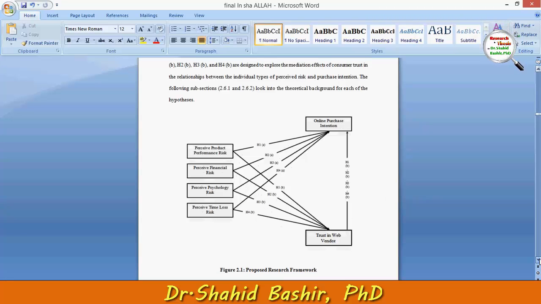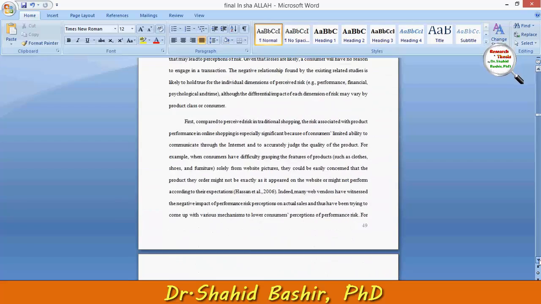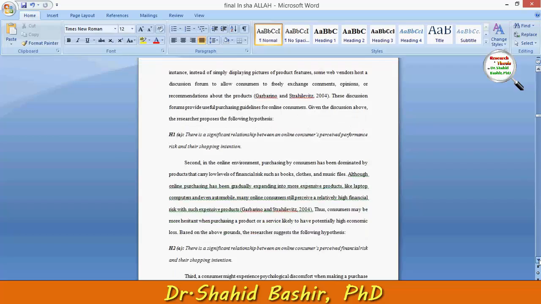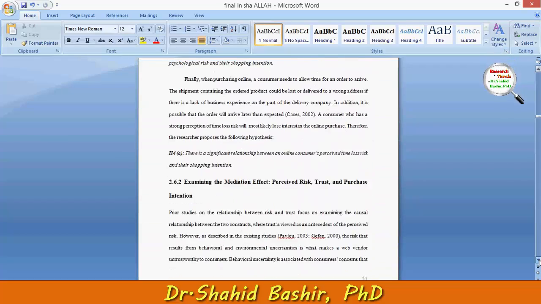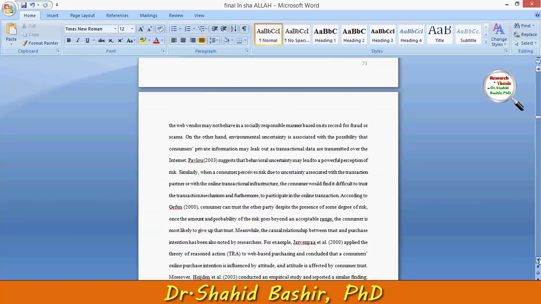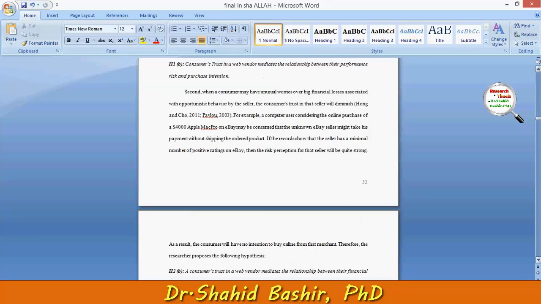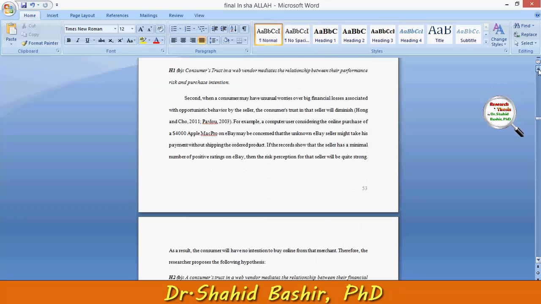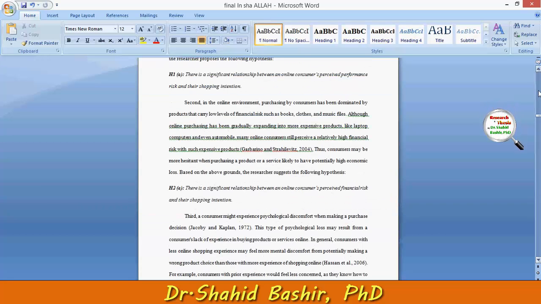Again, if you're doing something on an advanced level, you will justify this. But if you're at the beginning level, all you need to write is that based on my conceptual framework, these are the four hypotheses. For example, one of them, okay, now I need to go a bit up.